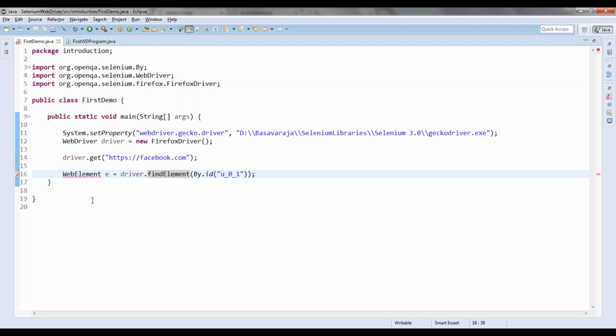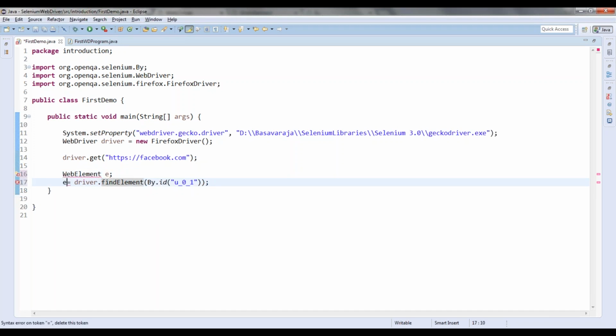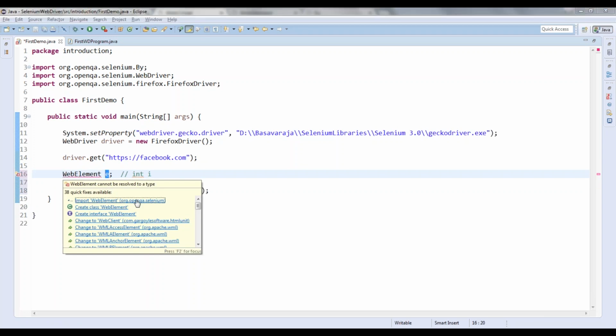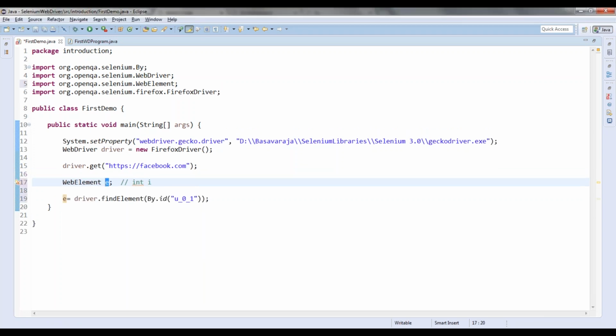So if it is returning the class reference, then I should store that in a reference variable. So this is also a variable. E is a variable of type WebElement. It is similar to int i. i is a variable of type integer. Similarly, E is a variable of type WebElement. You are understanding this?